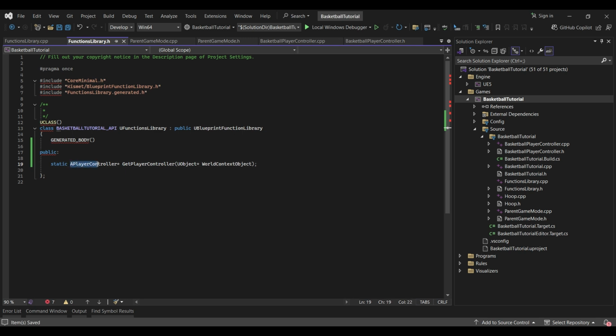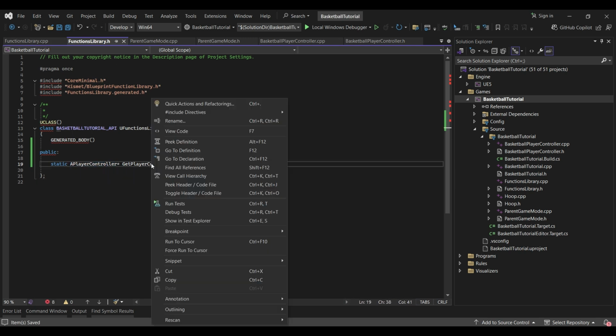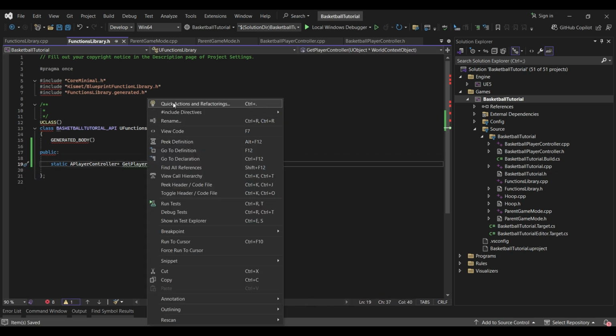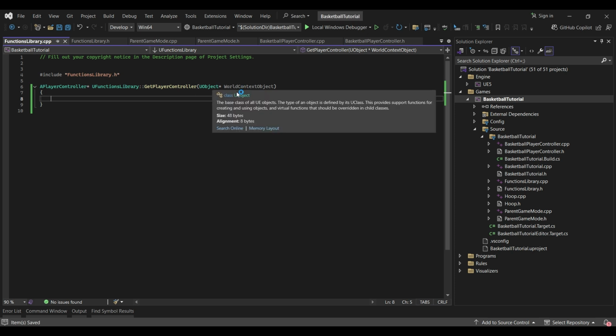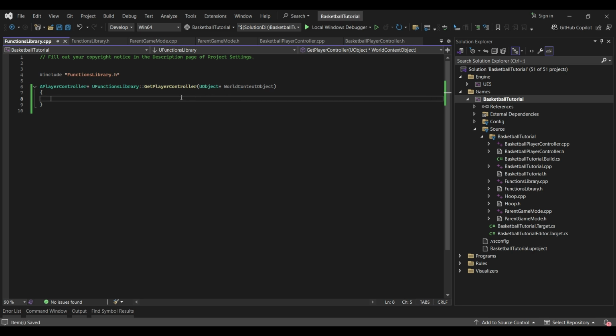So this function returns a player controller type. Okay, let's create a definition for it, and in here we want to get our current player controller inside our world context object. Okay, so first we need to check if there is no world context object, we return null ptr,